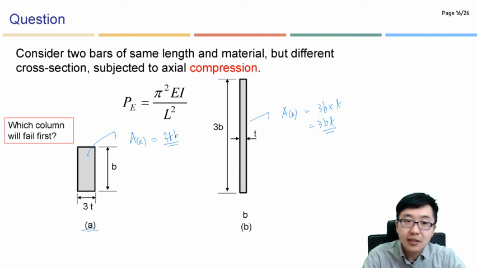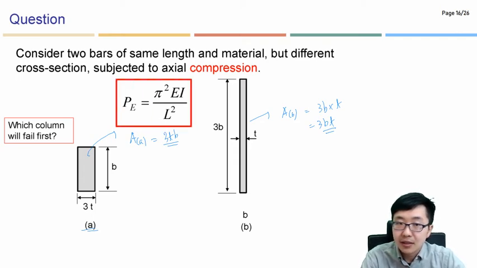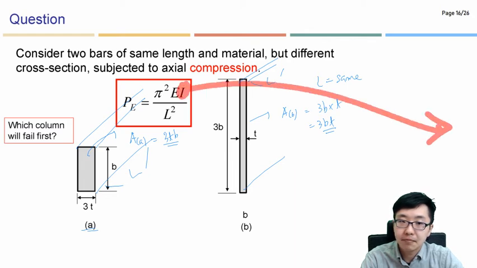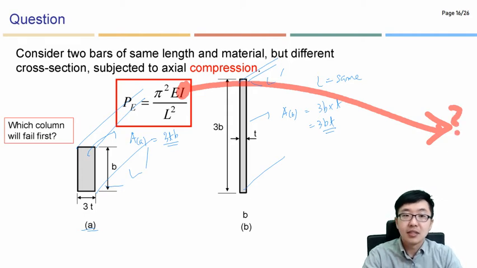So exactly the same amount of material has been used. Here what we have is this equation, and in detail, pi is the same, and the material properties are exactly the same, so E, the elastic modulus, must be the same. The length is also exactly the same. So what we need to focus on is this one only. Isn't it? So in the case of the I value,